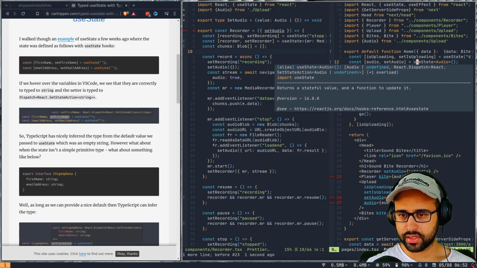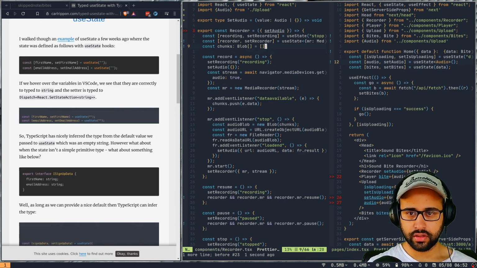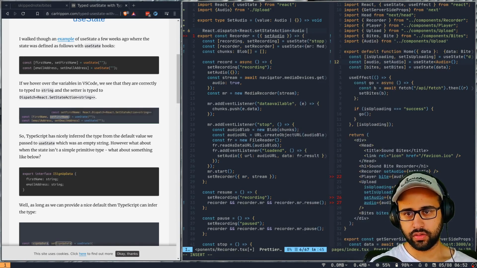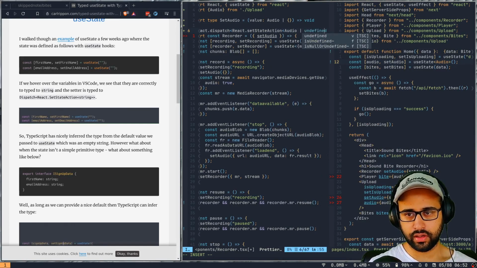React.Dispatch, React.SetStateAction, audio or undefined.